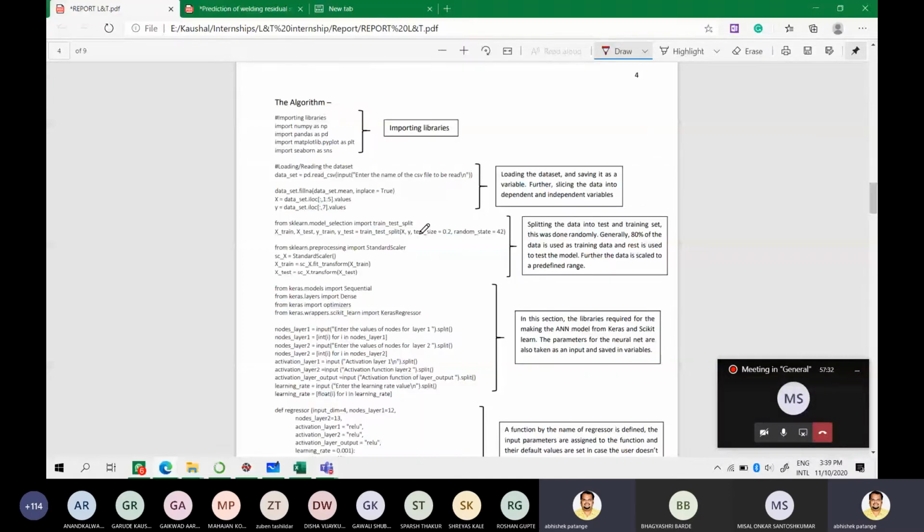Python is an open source language. It has all libraries which are free, so it is very good for students. And this helps us visualize. You could do this in MATLAB also, but there I could not visualize, or I could not change those small parameters which could help me get a better result. That MATLAB does automatically in the backend. So I would recommend that if you use Python, you will understand the system better.